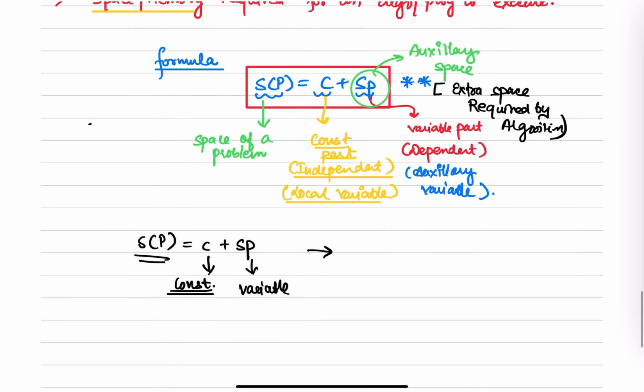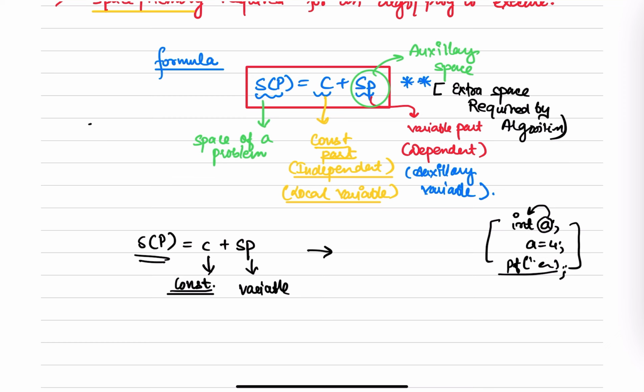Now let's understand, right? For example, I just write a basic thing: int a, and I write a as 4, and I just write printf a, right? Let's say this is a small program I'm writing. So now you understand that here you don't have any independent variable. What you have is just the a, which is going to take the memory of integer type, let's say 4